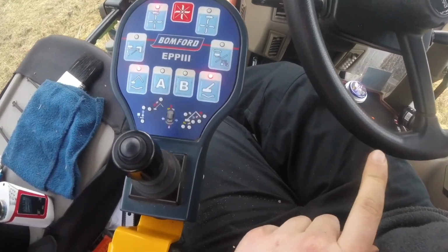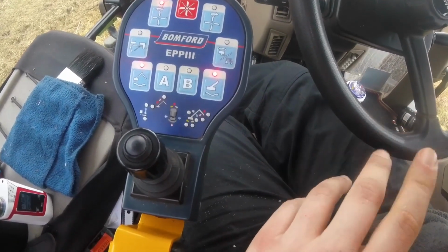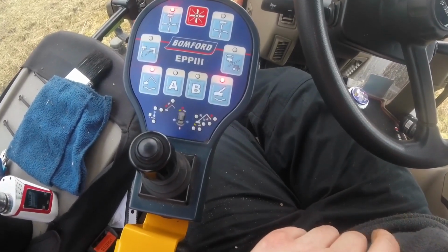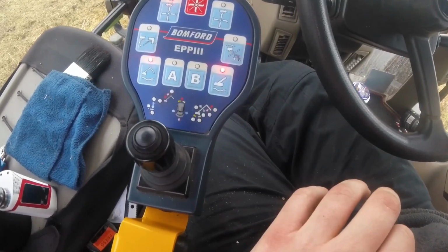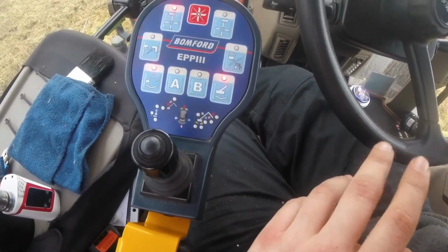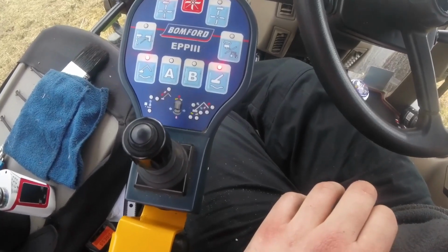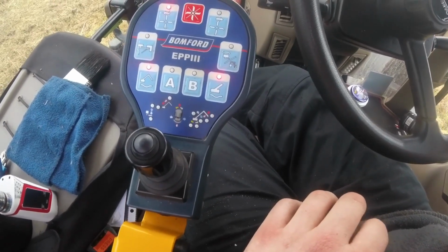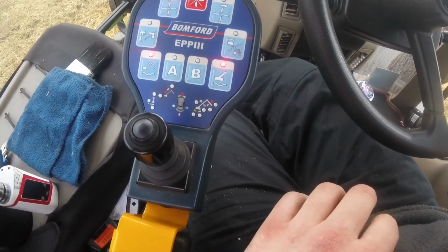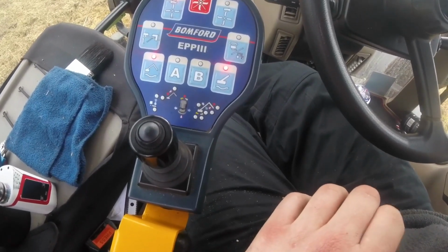I've got the PTO in gear at the minute and I'm at 1300 revs. Now I do change that. I sometimes run it in 1000 on the PTO and I end up working at about 1050 revs. Today I'm cutting through some thicker stuff, and it's not that the tractor can't handle it. It's the hedge cutter that tends to die a bit when you're going through thicker stuff in 1000 PTO. So we're at 1300 revs, PTO in,